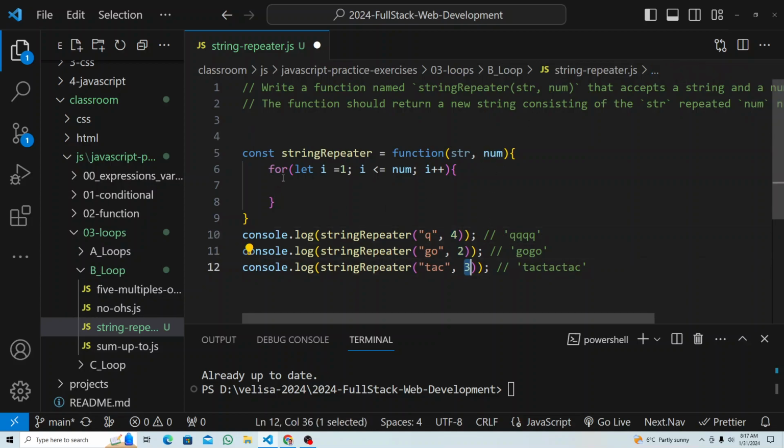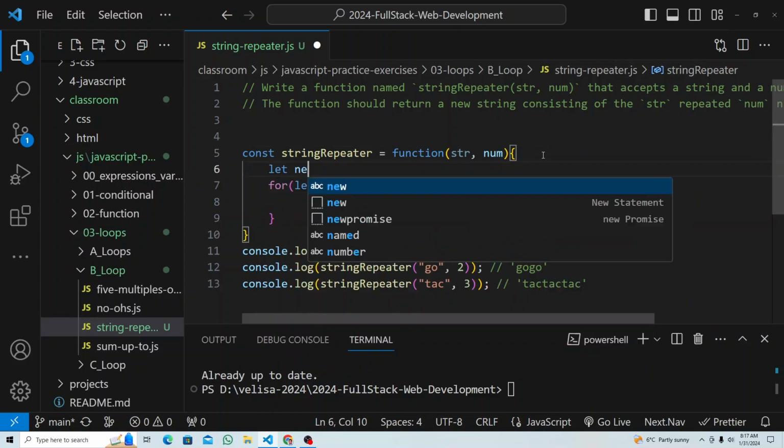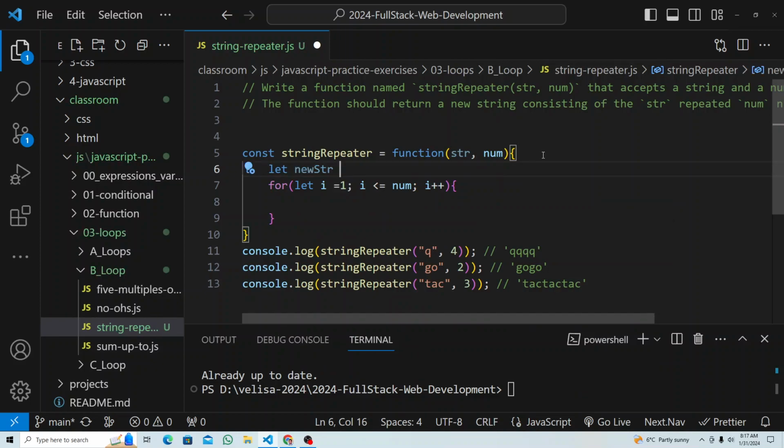So what we have to do now is store this somewhere while the loop is running. For that we must create a variable. Let's call it newString, like that. That is an empty string, and you call your empty string here and add